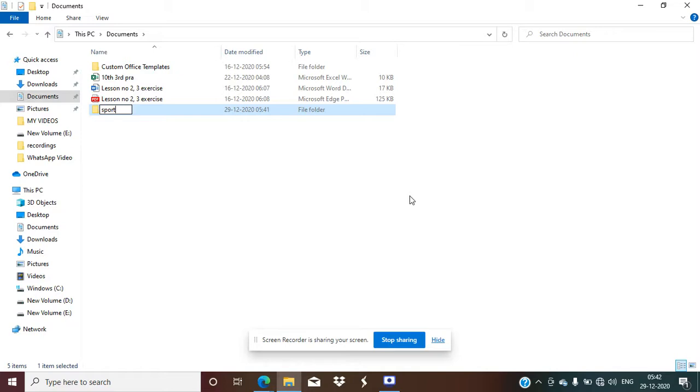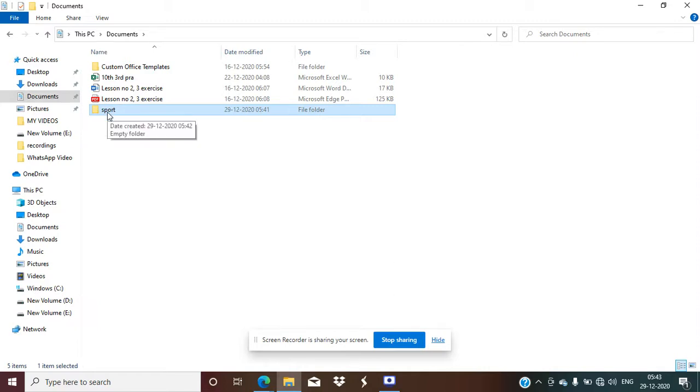I will press enter, and I have made my own folder named sport. The date and time of my folder is given here, and what kind of file or folder I have made will be specified by the computer.